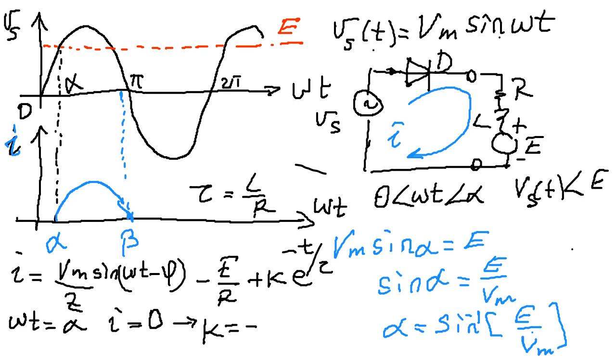So I write the K, the constant here is minus Vm